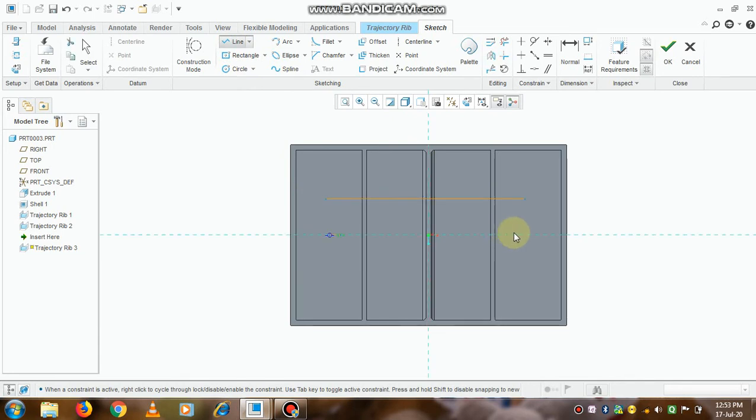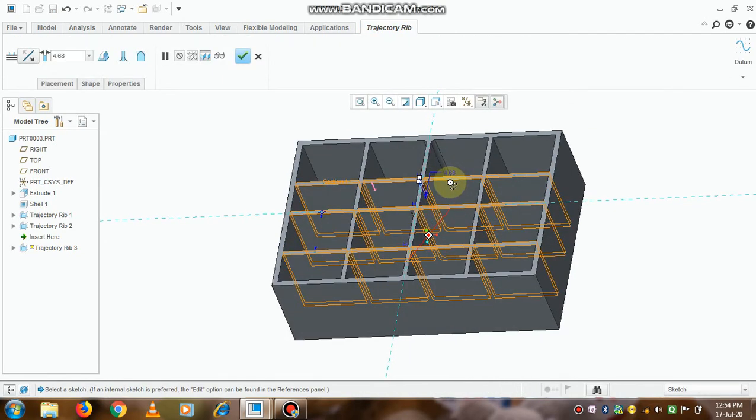So simply we are creating 3 lines and it will automatically trace the path, so that we will get a box which is having smaller sections in it, and click on OK.